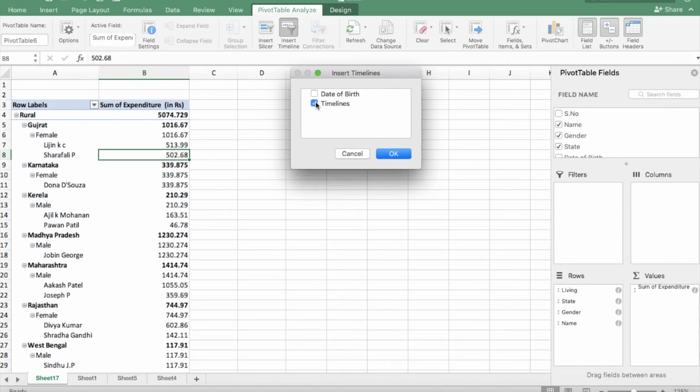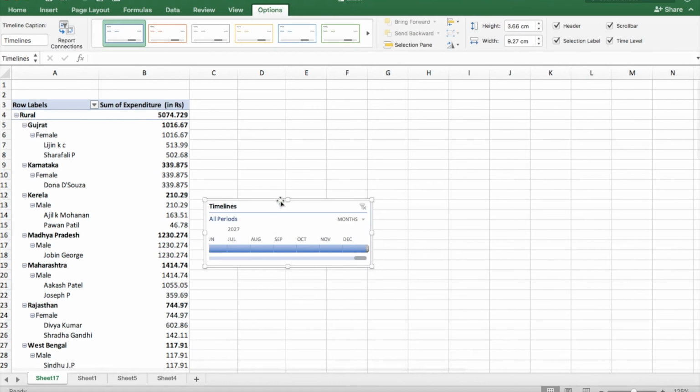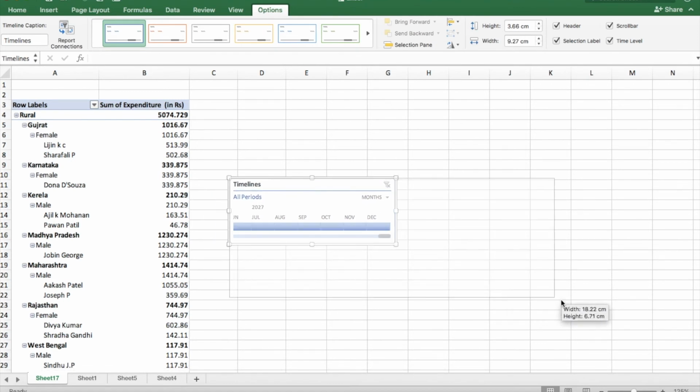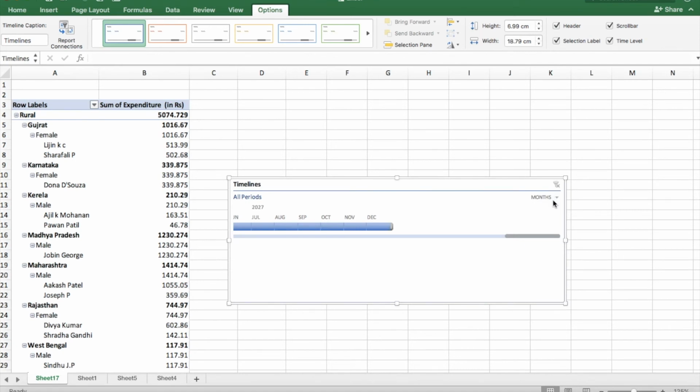So we'll simply select the timelines. I don't want to create a timeline with the date of birth, it will be huge. So I just created it with the timelines option. Now it gives an option of selecting the period. I have selected the period as year.